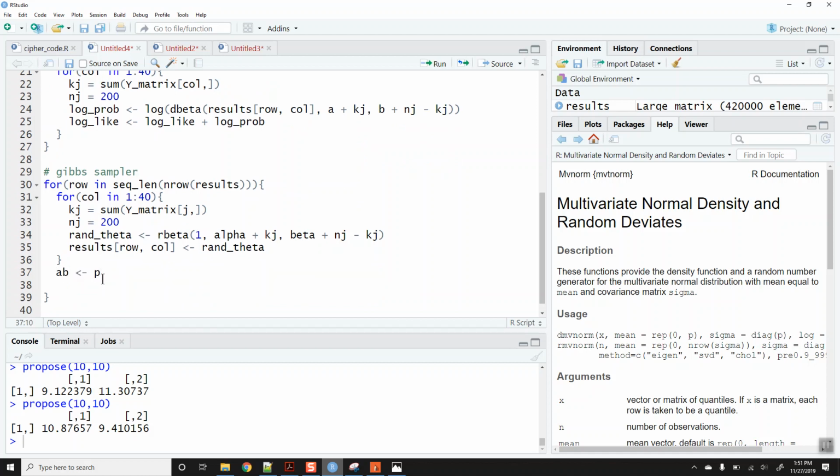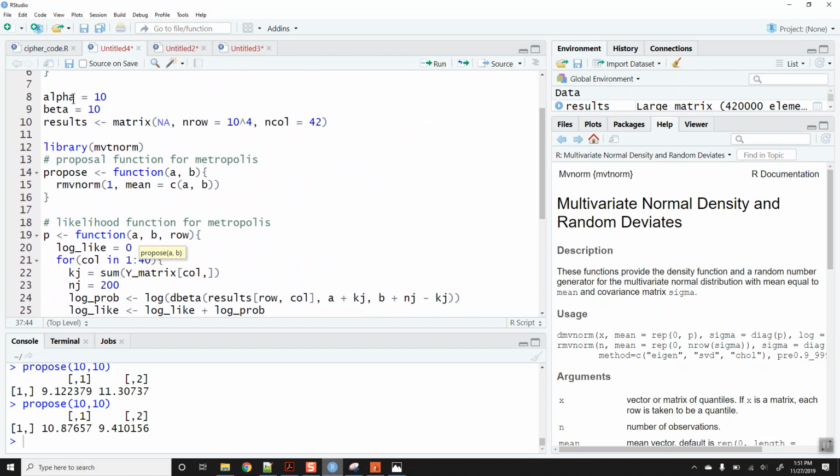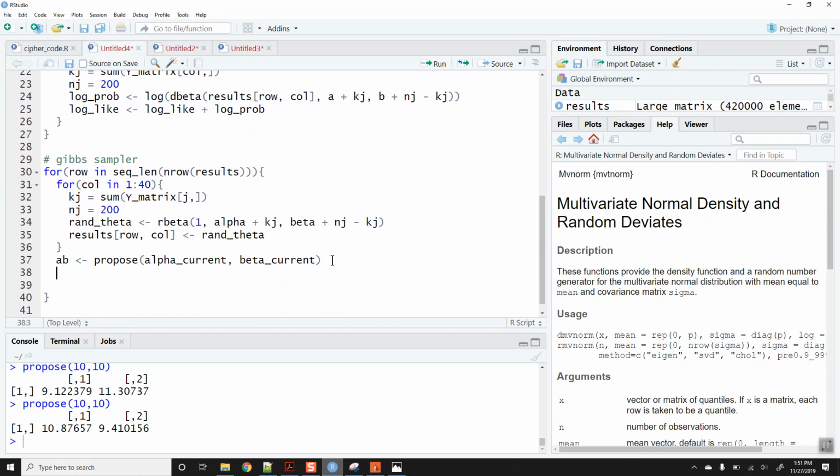we will propose A and B using alpha current and beta current. Oh, I'm way over my time here. Okay, so we're going to propose that and unpack it. A is going to be AB1, and B is going to be AB2, and then P move is going to equal